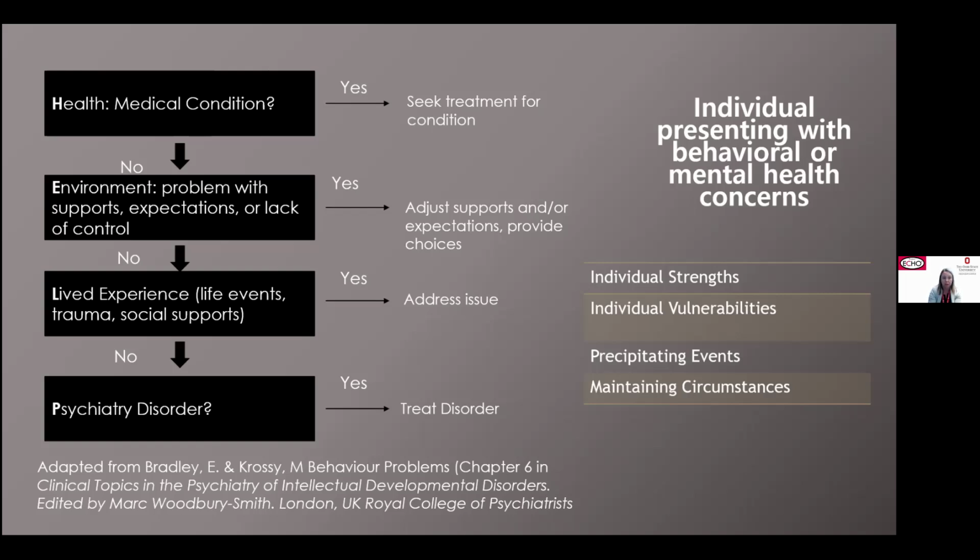And then when we've moved through and thought about those things, then we start to look at the individual's psychiatric disorder. So we want to definitely be thinking about that mental health, and all of these things on this list help us think about mental health. But it's really getting down to that psychiatric disorder. We need to rule out some of these things. While we're thinking about this HELP model, on the other side you see things we can do to address it and things we need to think about, such as the individual's strengths. What are their vulnerabilities? What are the different things that might have caused the person to be going through these things? What are things that are going to keep going on? And then I want each of you to think about your role.